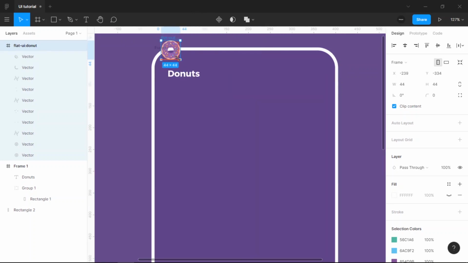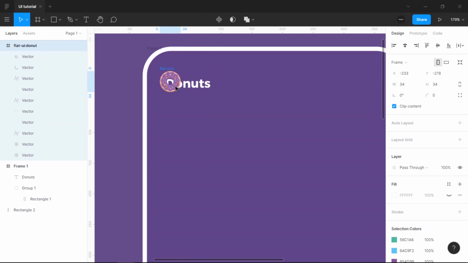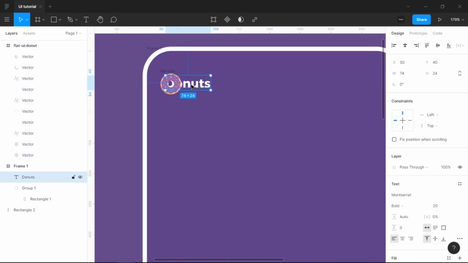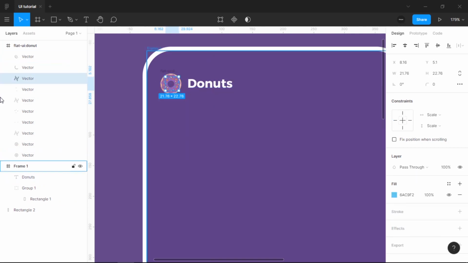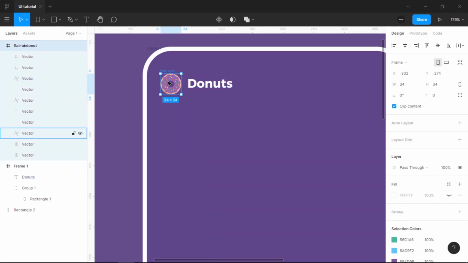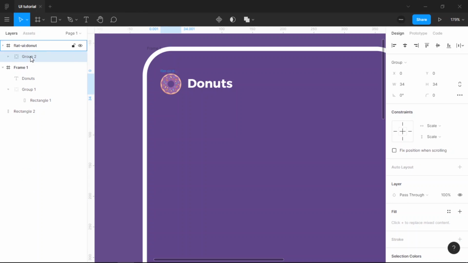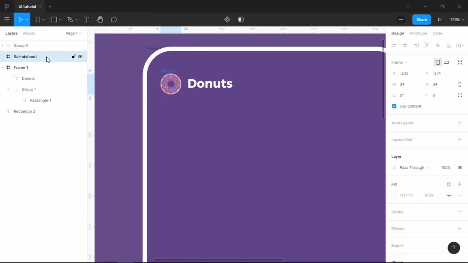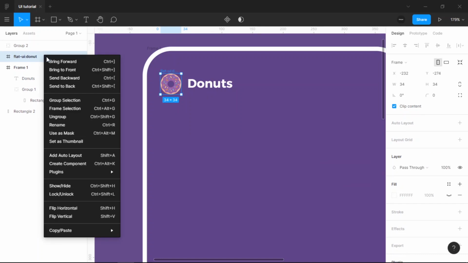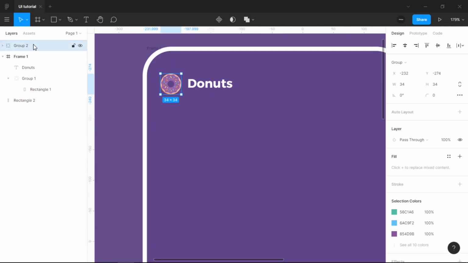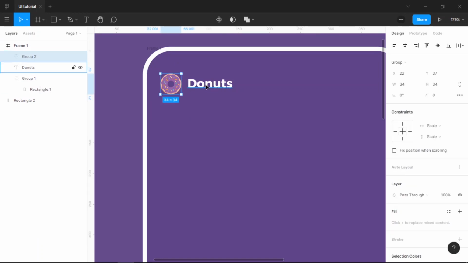Use both here, and then Shift on the donuts, and the donuts we select all by Control A to select all, and Control J to make a group. And then put aside, delete this one by cancel or delete, put the group inside the frame,